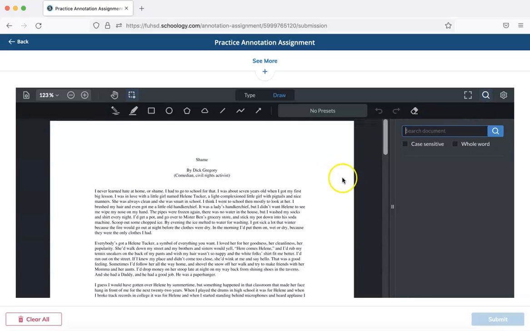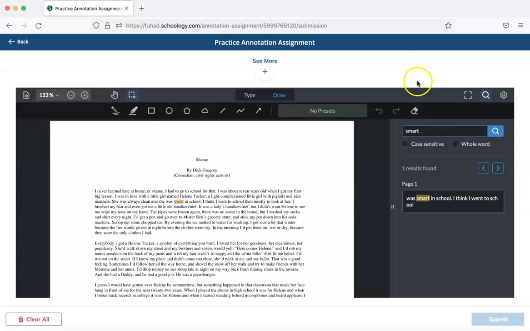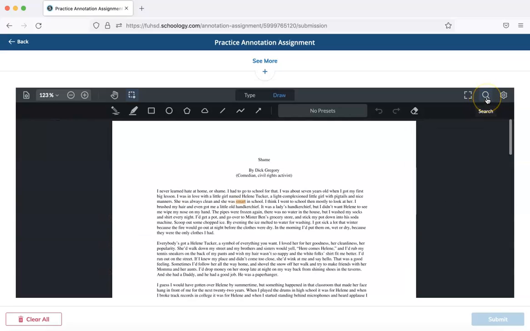And then this is a search feature, which is handy in case there are specific quotes in a longer document that you're looking for and you can't exactly remember what page it's on. You can search for certain things. You search, and then the word shows up and it tells you where exactly it is. If you want to close the search, go ahead and close that.